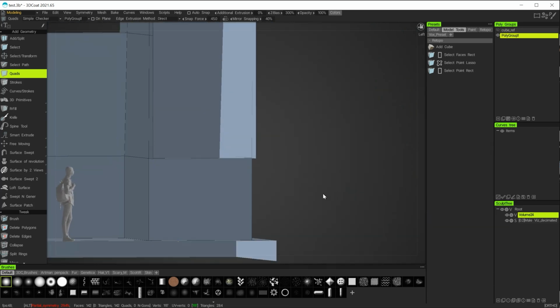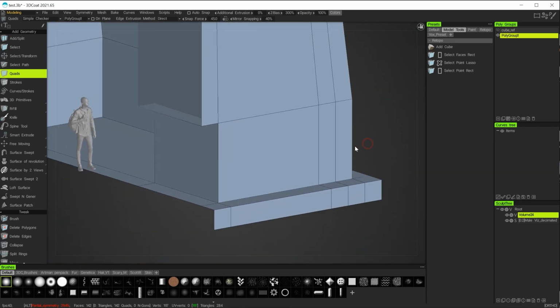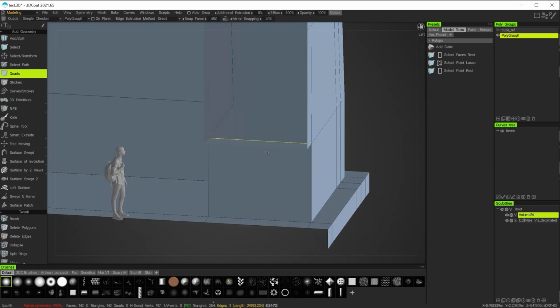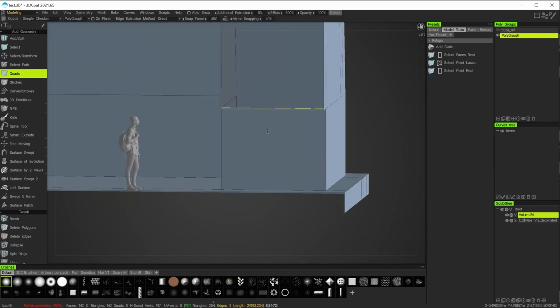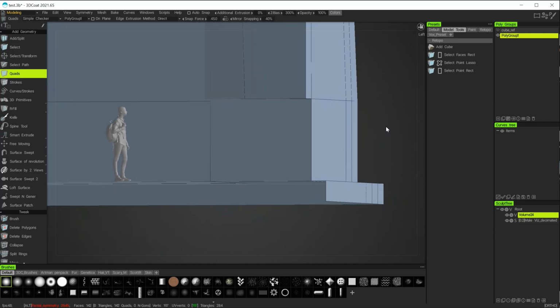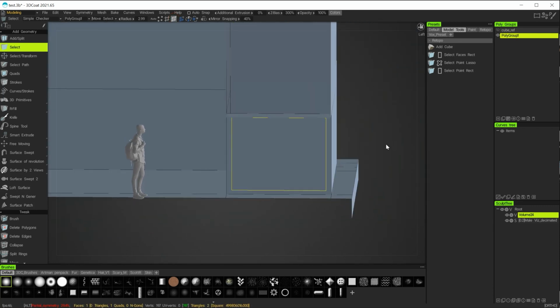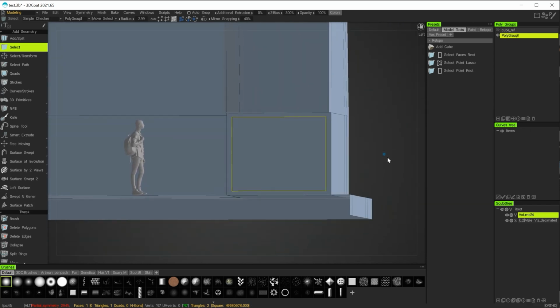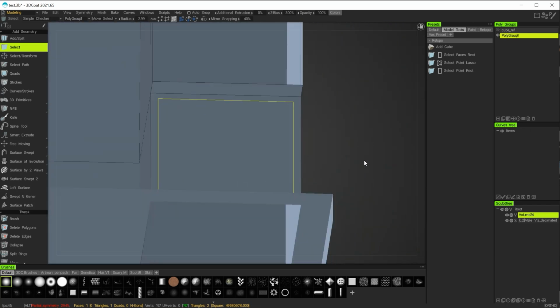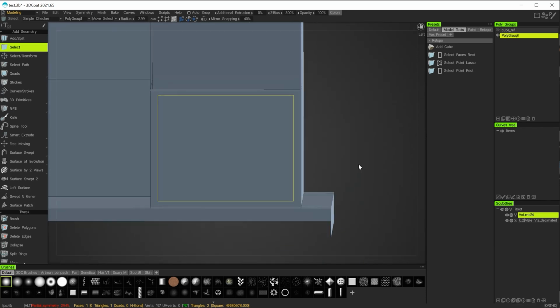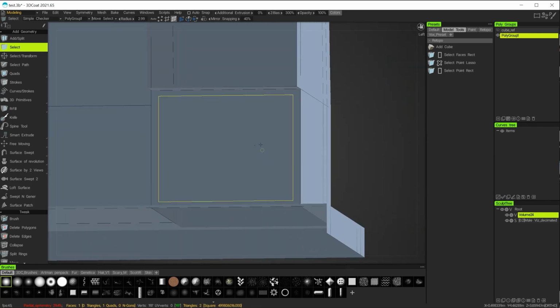Now I could at this point decide to put another doorway in, so a kind of a passageway in here, which is what I'll try and do now. So I'll select this option here, faces, mode there, and let's try to create something a little bit different. Well, there's a couple of ways I can do this actually. I could make an inset into here, but what I will do is just deselect that and go back to my favorite tool,